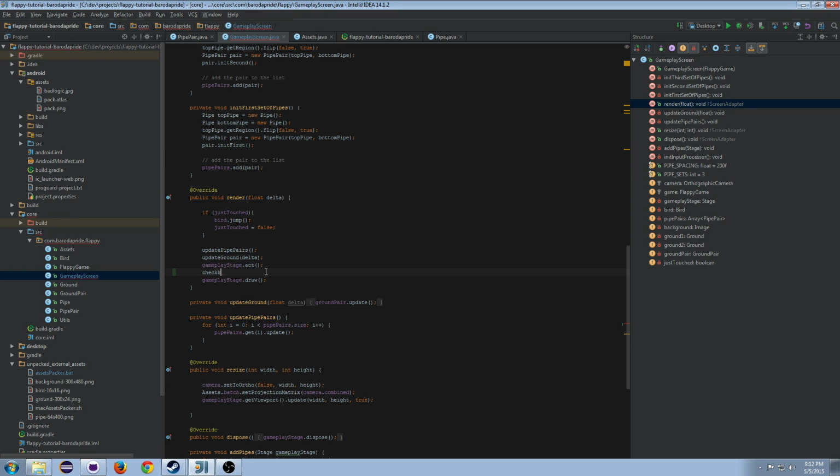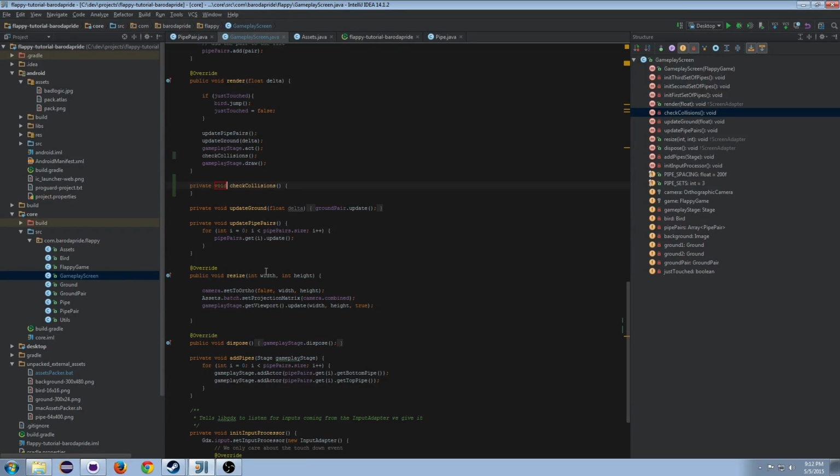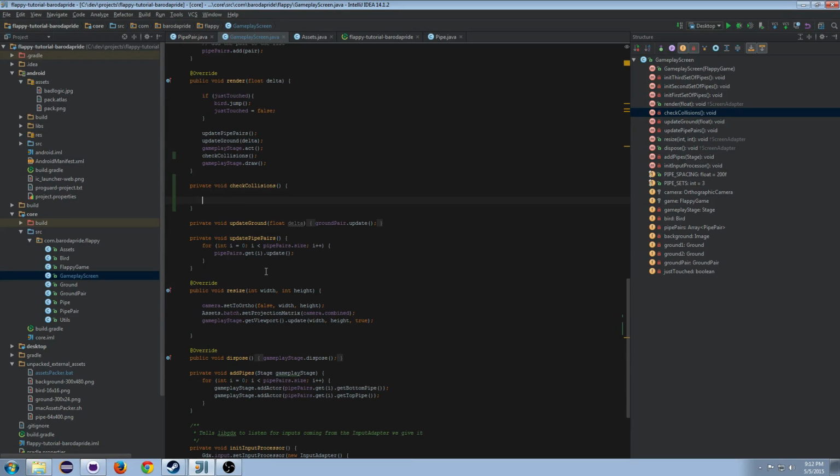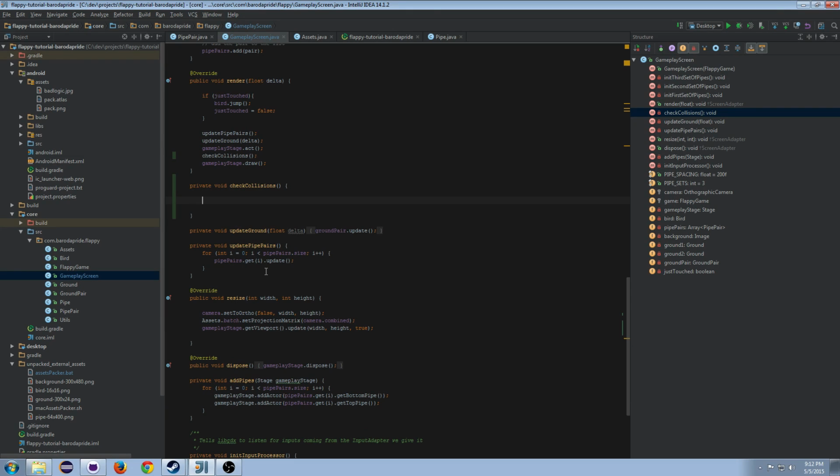So let's just make a method here, check collisions. Okay, Alt Enter, create method, so I don't have to type anything, and it's just a private method. So what are we going to do in our check collisions? We're going to